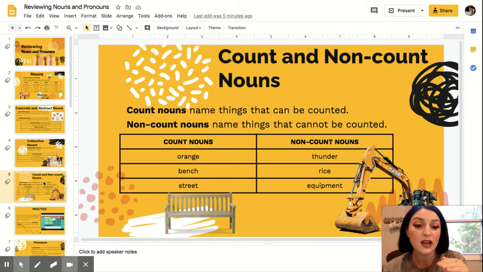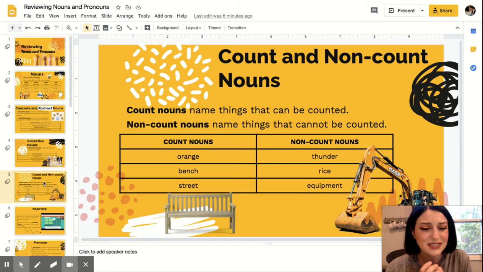Makes sense, right? And then non-count nouns, thunder, rice, equipment. If you say a bowl of rice, you can count how many bowls you have, but rice in general, not really countable, right? No one's going to count the individual grains of rice. Same with thunder and equipment. You say, get all the equipment. What is that? It's not that specific, right? It's more generalized. So non-count nouns are kind of general, where count nouns are more specific.